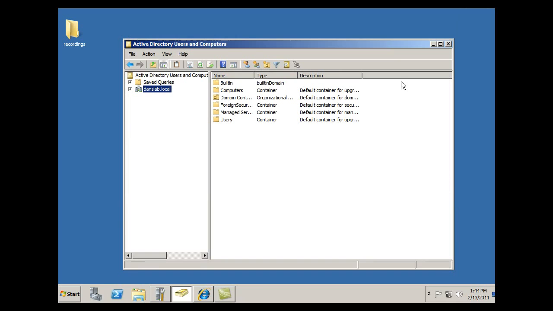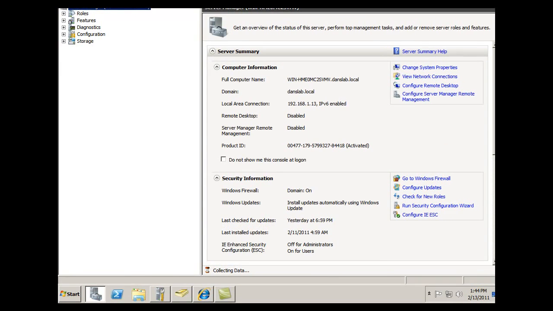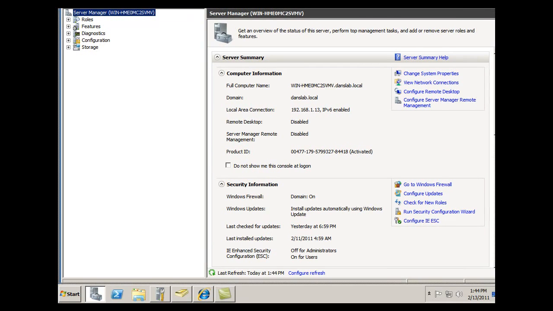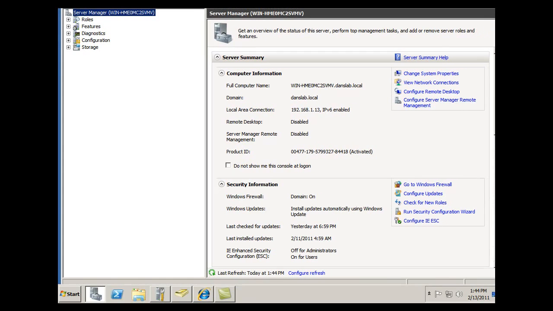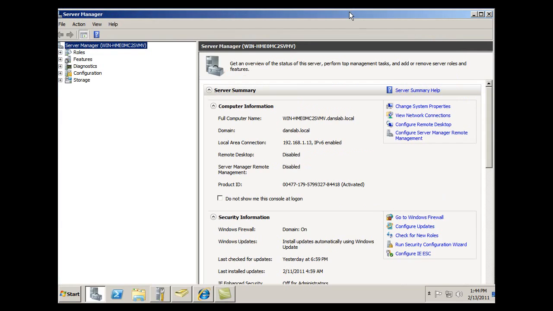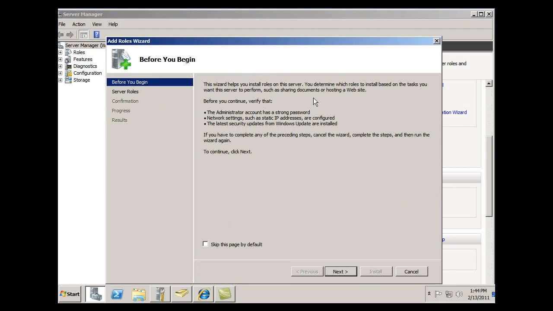So for the server, I've got the server right here. I need to add a role to the server. So I'm going to open up the server manager here and get that open. And I'll make that a little bit smaller here so that you can see it. Okay, I think you can see that. And we'll go down here to roles, add roles,